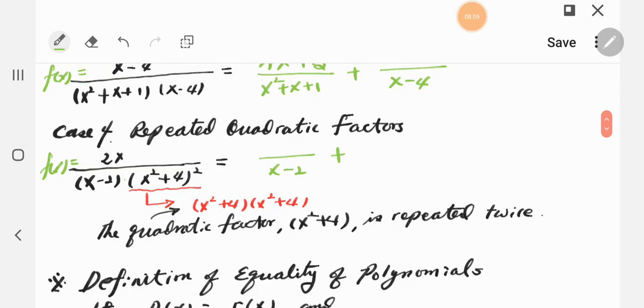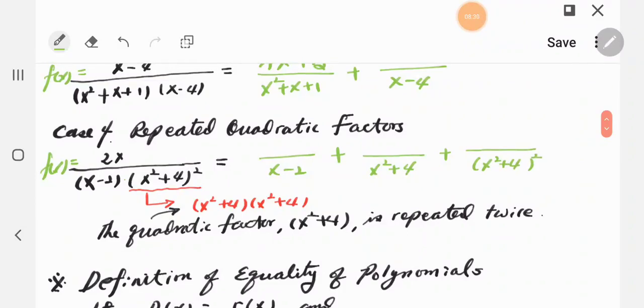It occurred twice. So x squared plus 4 is a repeated quadratic factor. So we can write fractions with x squared plus 4, one quadratic, and then since this is squared, we can have another one,